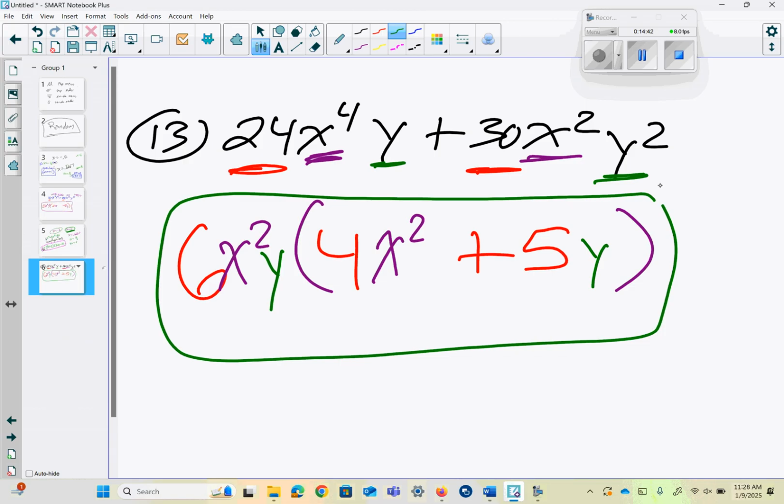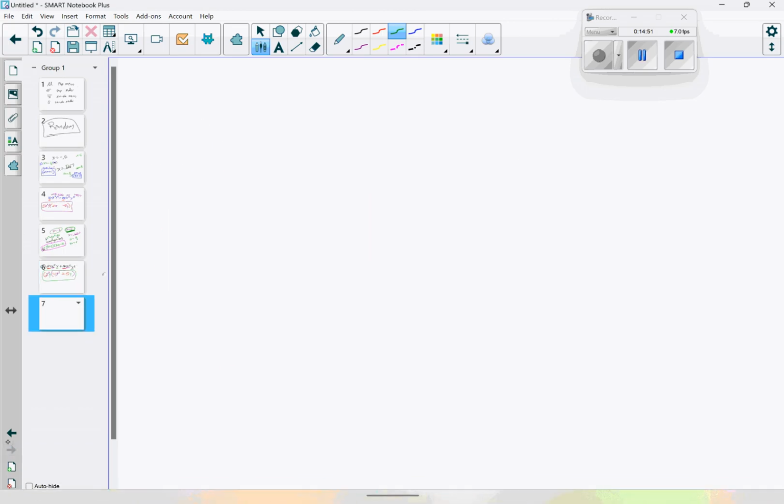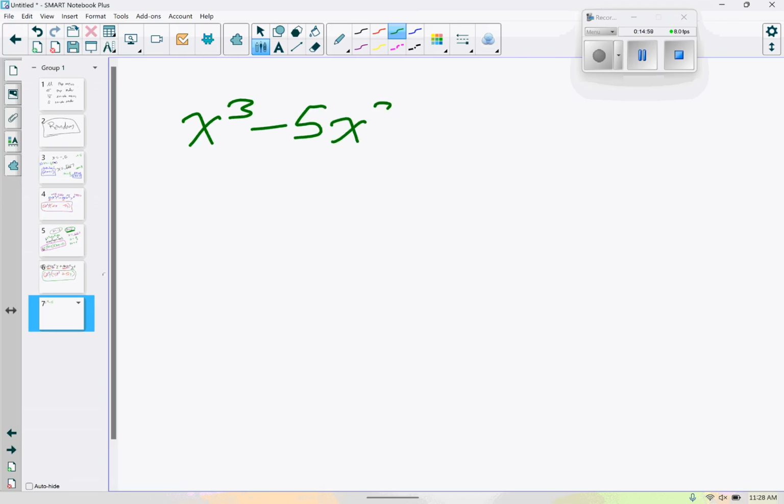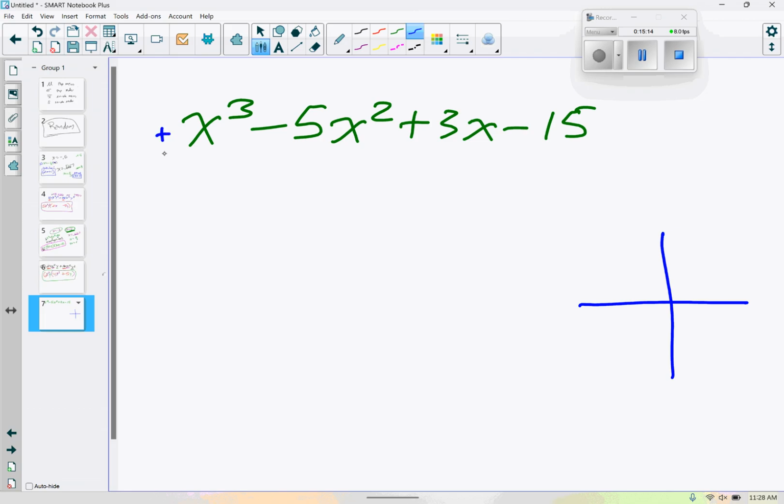Actually, let's take this problem and show you the really long version of this. You don't have to take notes on this because I'm going to show you the faster route. It's x to the third minus 5x squared plus 3x minus 15. Yes, this could be done real quickly with factor by grouping, but let's figure out the x-y axis. Agreed? Okay, so using blue, I go from positive to negative, there's a sign change. Negative, positive, sign change. Positive, negative, sign change. So you have 3 or 1